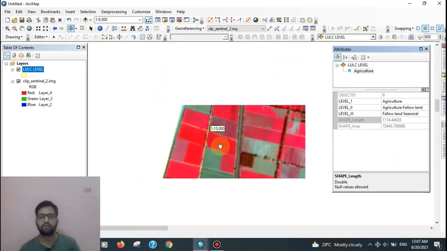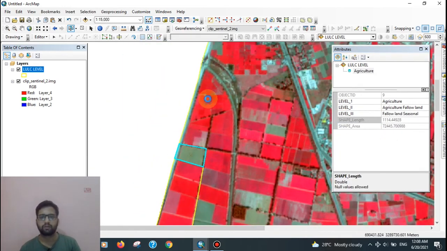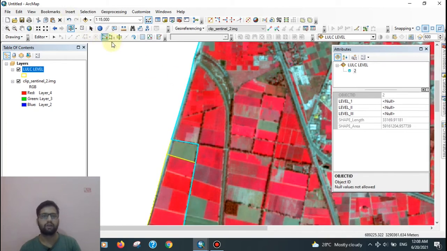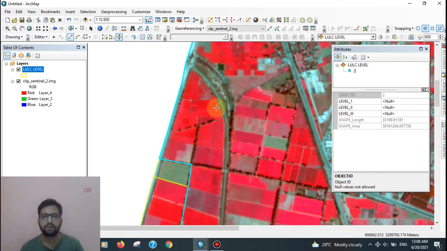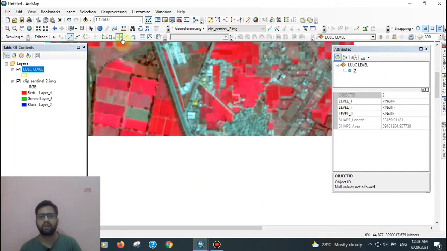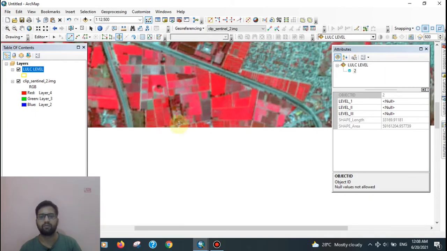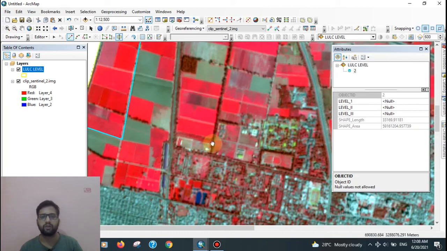Then again select outer, again go to the cut polygon. So to digitize an image, you have to know the visual interpretation of the image. If you don't know the visual interpretation, you cannot digitize. So this is the cropland, this is road, this is build up, this is the water body. Okay.